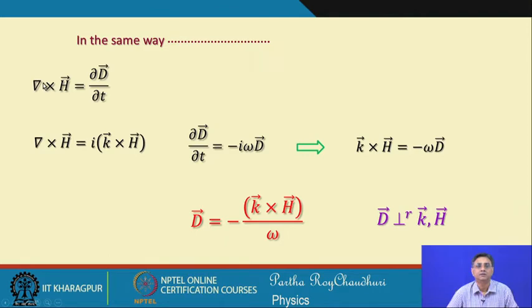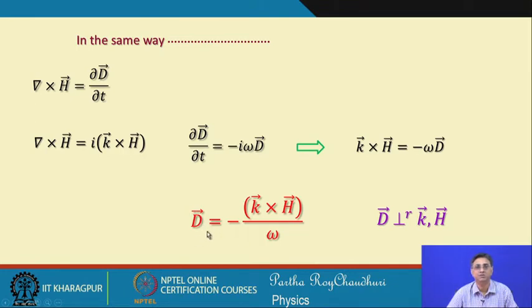we will follow in the same way that del cross H equals del D del t, where this del cross H will give you i k cross H in the same way, and for the right hand side, that is del D del t will give you minus i omega D. So, if you put together these two things, then you can write k cross H is equal to minus omega D. So, this is again a relationship which tells you about the direction of k, H and D, and you can see that D can be written in this form, which is again a very useful property,